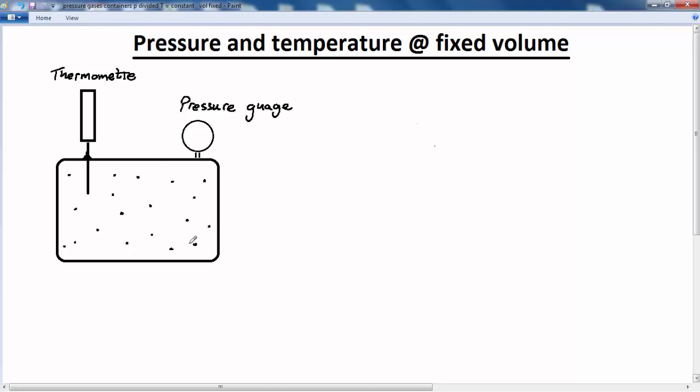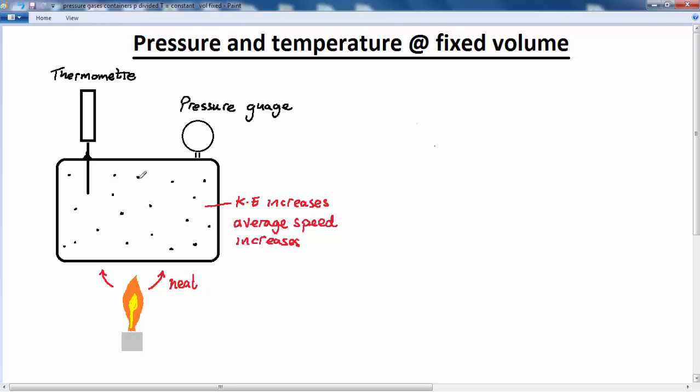Okay, so what we're going to do is see what happens when we heat up the container, when we increase the temperature. We apply heat, and as a result the kinetic energy of these particles will start to increase. So the average kinetic energy of the particles increases because the temperature is increasing, and therefore the average speed of the particles increases. As a consequence of this, the number of collisions with the wall of the container also increases, and the speed with which the particles collide with the container wall increases. Therefore the forces exerted by these particles in their collisions also increase,